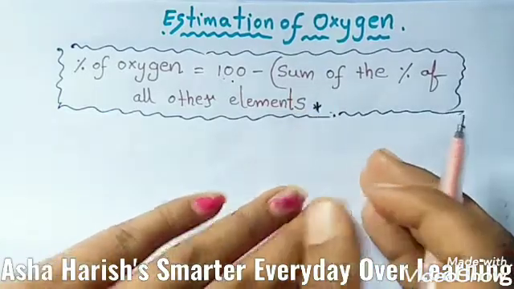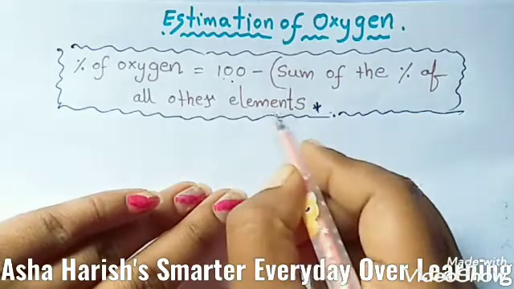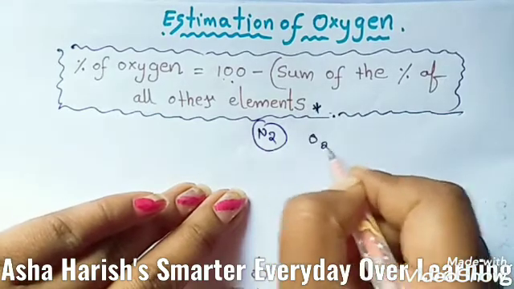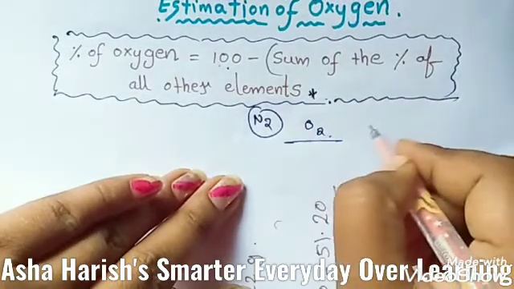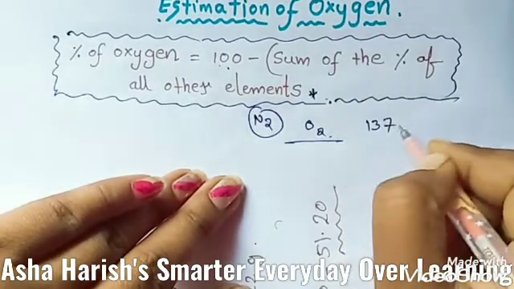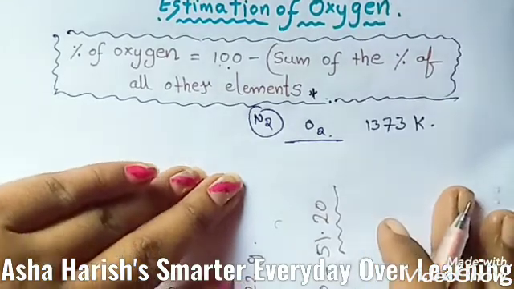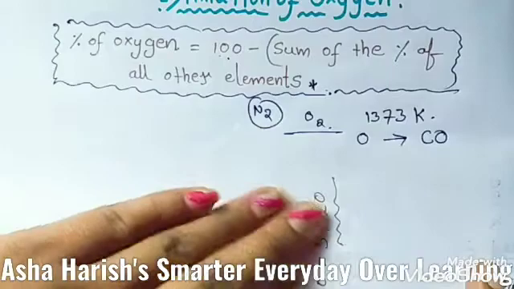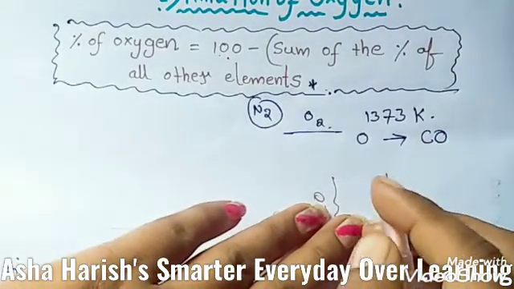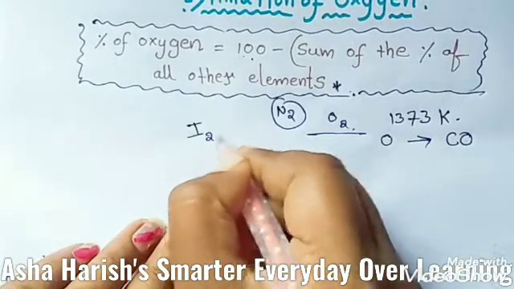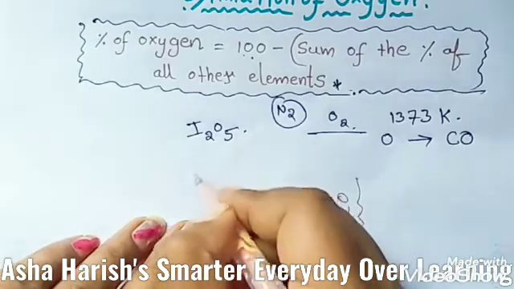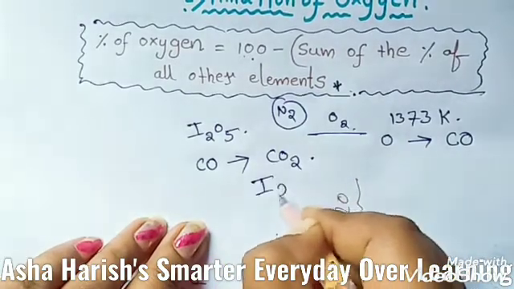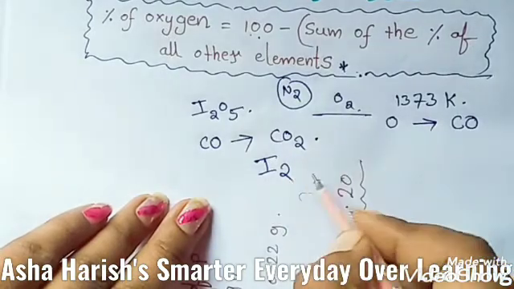Let's see now. A known mass of an organic compound is decomposed by heating in a stream of nitrogen gas. The mixture of gaseous products including oxygen thus formed is passed over red hot coke at 1373 Kelvin. When all the oxygen is converted into carbon monoxide, that is CO, the mixture is then passed through warm iodine pentoxide, that is I2O5. Carbon monoxide CO is oxidized into carbon dioxide, liberating iodine. The various reactions involved are